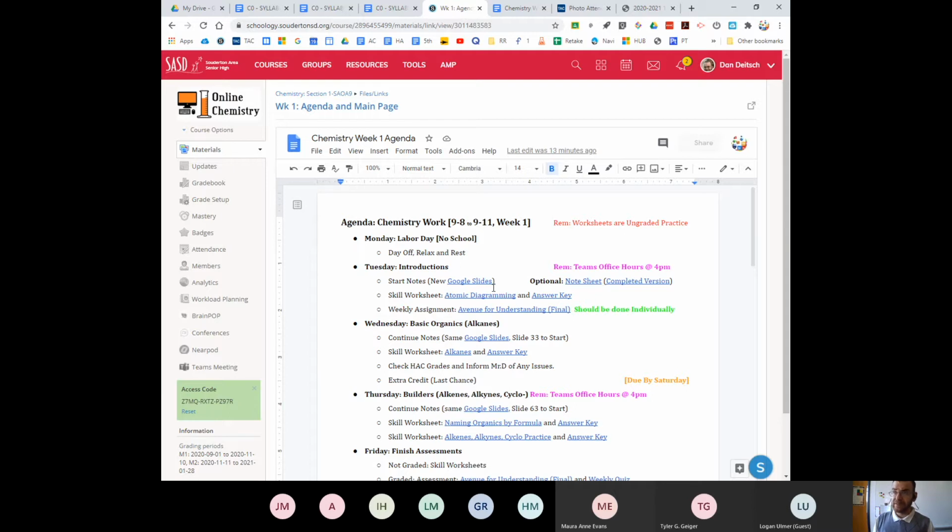You'll also notice that I'm in the middle of transferring everything I have into Google Slides because it is way easier to access this on a variety of devices as opposed to the PowerPoints that I normally use. That is an ongoing process that I'm just going to be doing all year long. I'm also going to be embedding a bunch of video. I'm also going to be taking video of me doing problems and whatnot and posting it to YouTube and posting it within my slides.